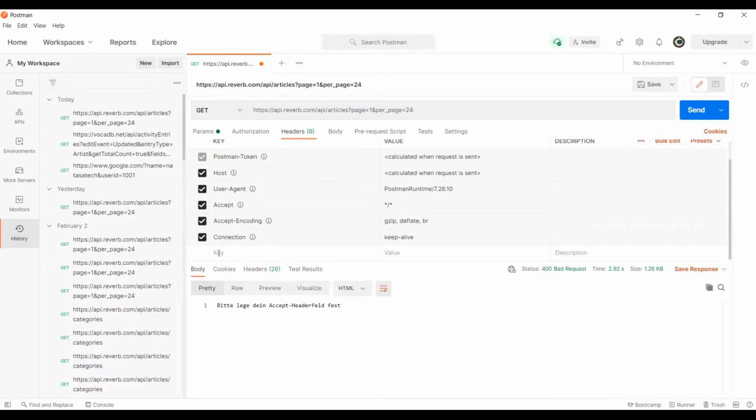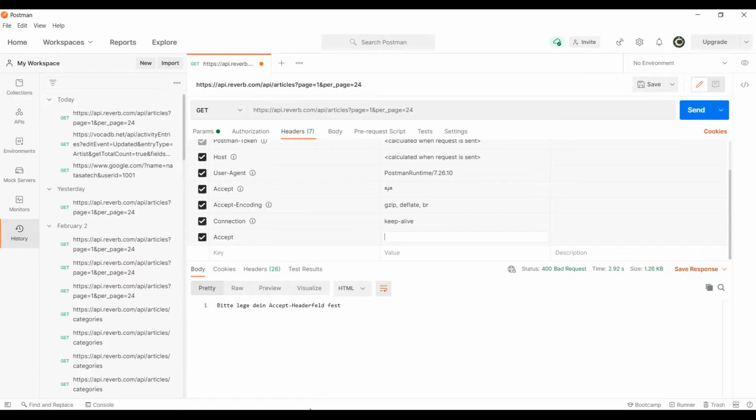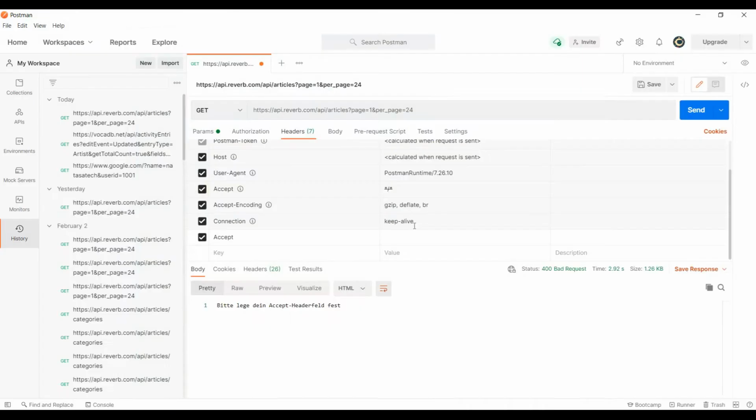So here, accept. Once you enter partial characters, we can see the JSON list parameter will appear. Here you can choose accept. What is the value we copied from here? application/json. I just pasted it here. What is the next value?